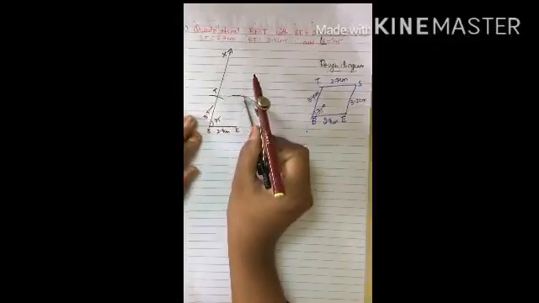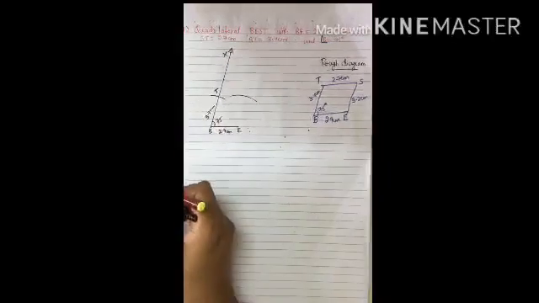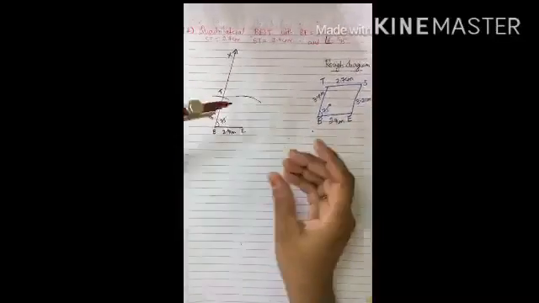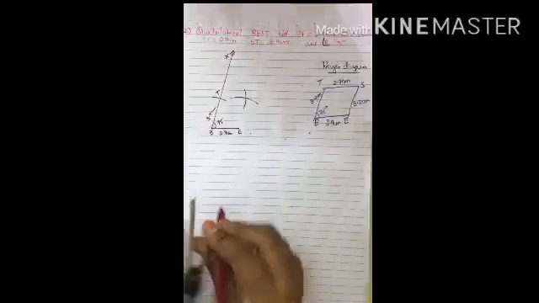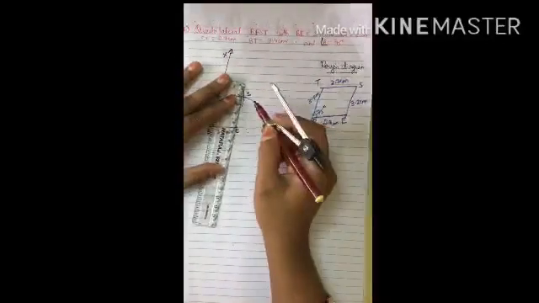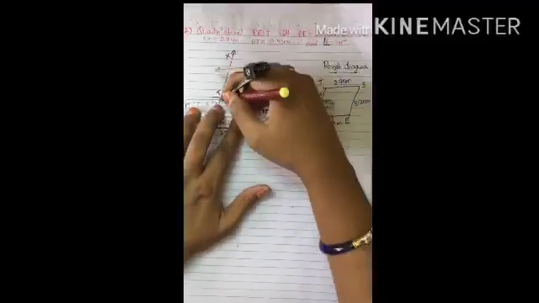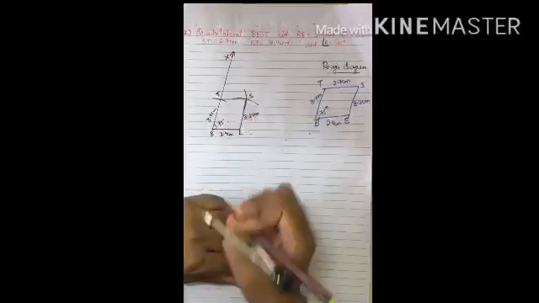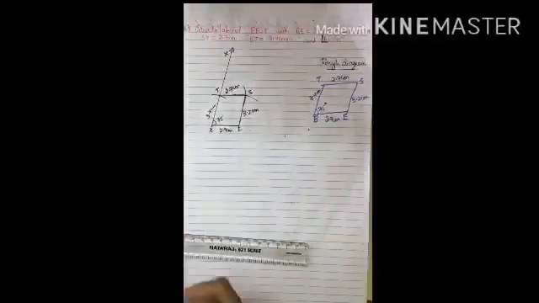So here there is no fixed point. So with T as center and radius 2.7, take a radius of 2.7 and cut the previous arc at S. Okay. Now take the scale, join SE and TS. So here if you measure, you will get this 3.2 centimeters and this is 2.7 centimeters. So this is the figure, children.